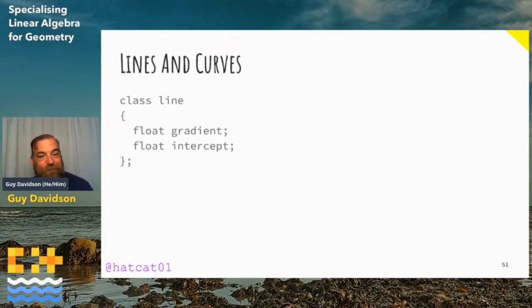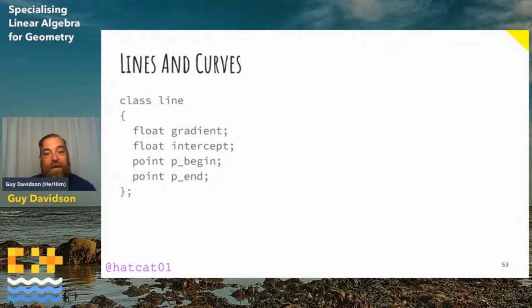Well, there's a gradient, and there's an intercept with the y-axis, so that should be enough for representing a line. A class called line with 2 floats or doubles, or whatever you're using for your number line, one called mGradient, one called mIntercept. But we very rarely deal with such abstract things. Usually we're dealing with line segments. So we need to constrain the class still further by adding the bounds to the line. So let's update the class to include P1 and P2. Let's call them Pbegin and Pend so that we can imply direction. So our constructor would include 2 points and work out the gradient and the intercept from those points.